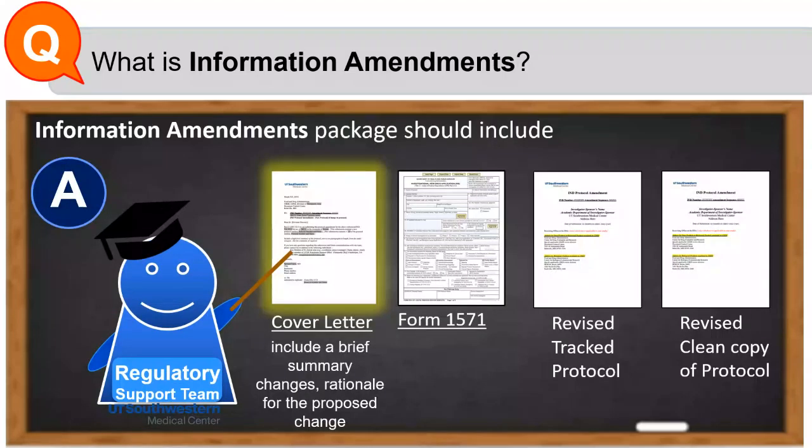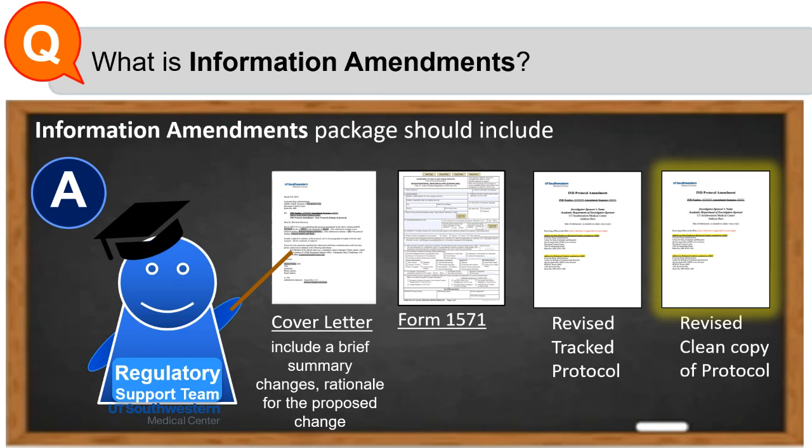Information amendment package should include cover letter. Again, sponsor should clearly state the purpose of the amendment and request for FDA comment if the sponsor desires FDA to comment on an information amendment. Form 1571, revised track protocol, and clean copy of the protocol.